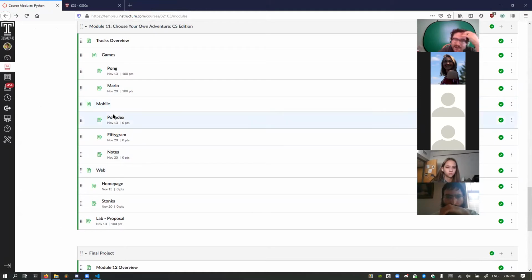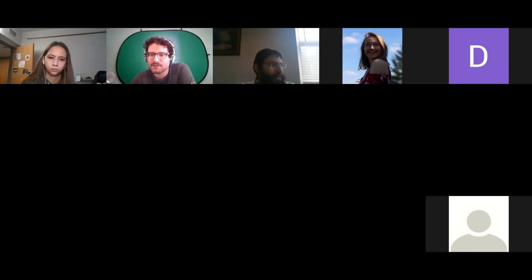The mobile track, they say, has a bit more of a steeper learning curve. But if you're comfortable with Java already, or you really want to get into iOS programming, then that would be the way to go. Games are just fun. It can be really fun to play something that you built and have a new toy to play with. And doing web programming is just plain useful in general for everybody. So you choose one of those, but you'll most likely need to demo these. Yes.